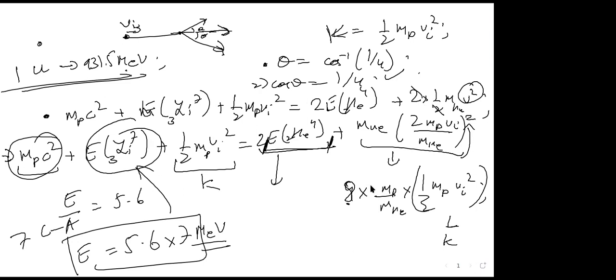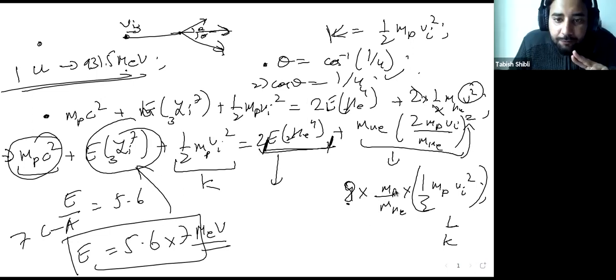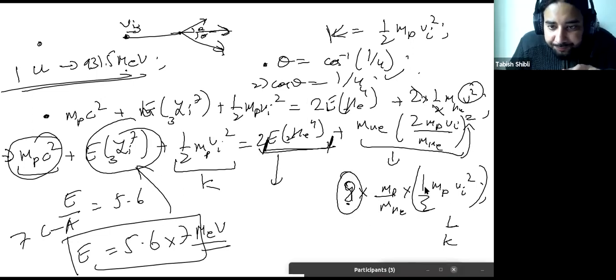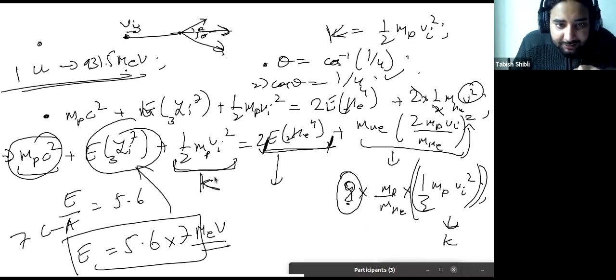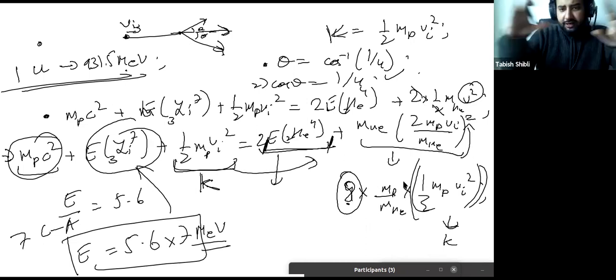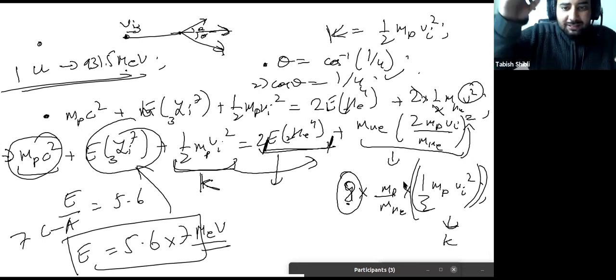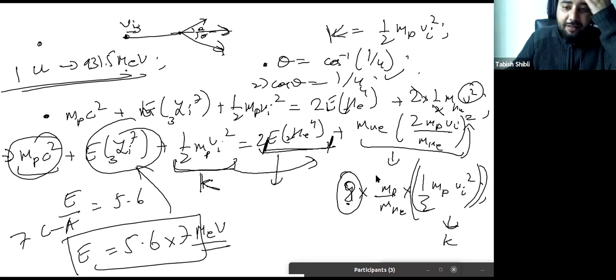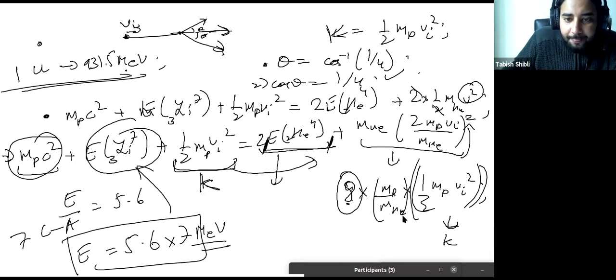So for the last term, how do we do that? See, the mass of proton, it's just 8 times. This whole thing just becomes K, right? We have to find this anyway. So this is also K, and this is also K. So you can take this term on the right hand side and combine them. You can take the K common, and you will get 1 plus 8 times mass of proton divided by mass of helium.